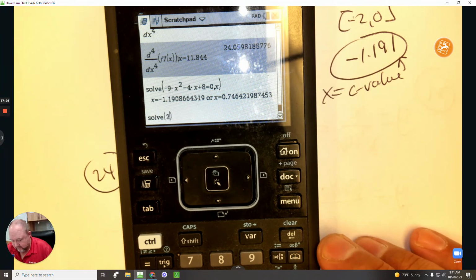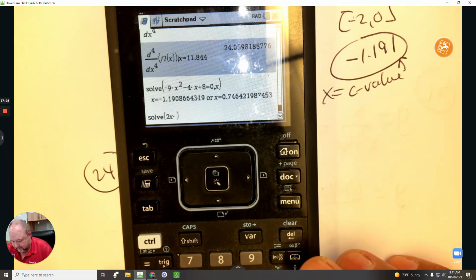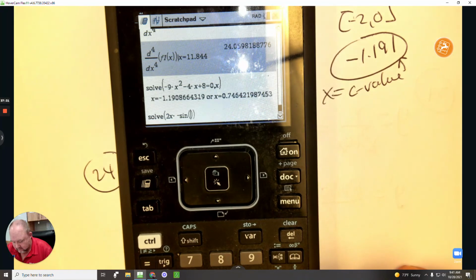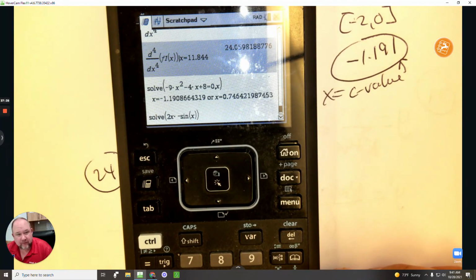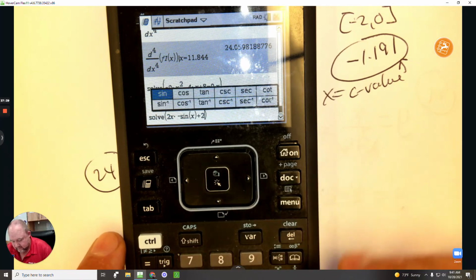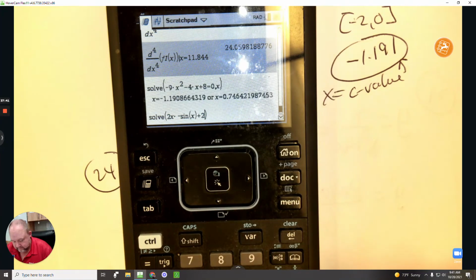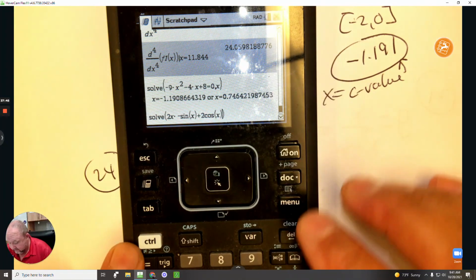The equation is 2x times negative sine x plus, I'm going to put 2 first, so plus 2 times cosine x. You could have gone times 2 afterwards, and that's when it's equal to 0,